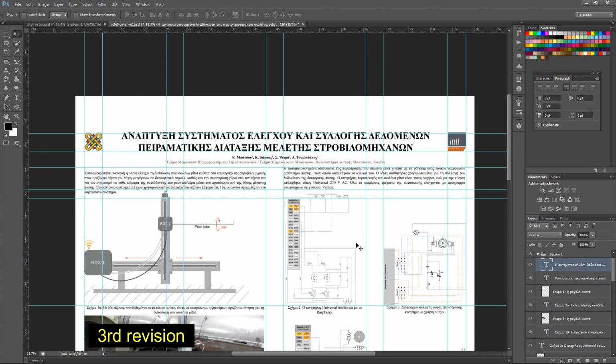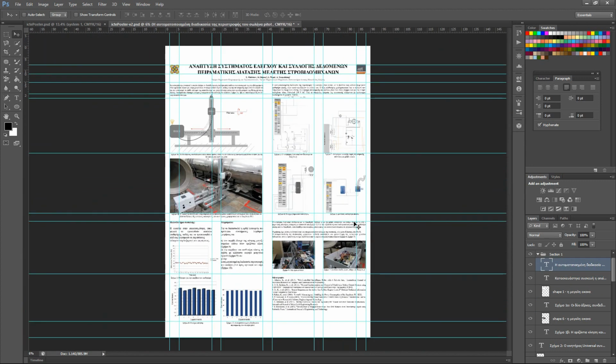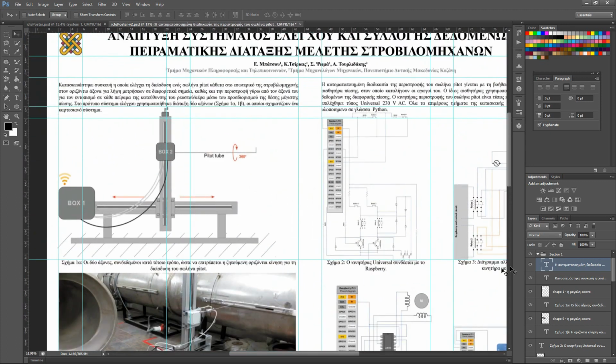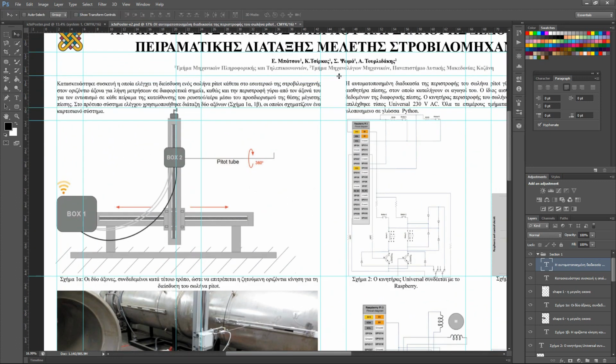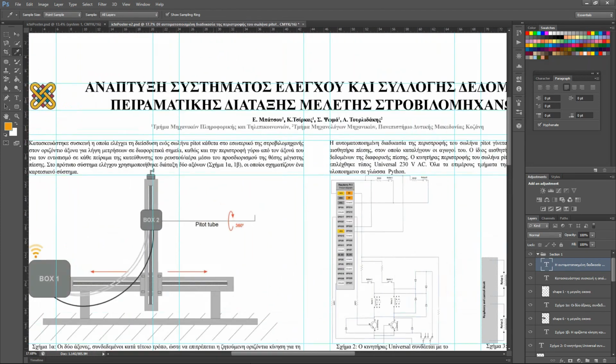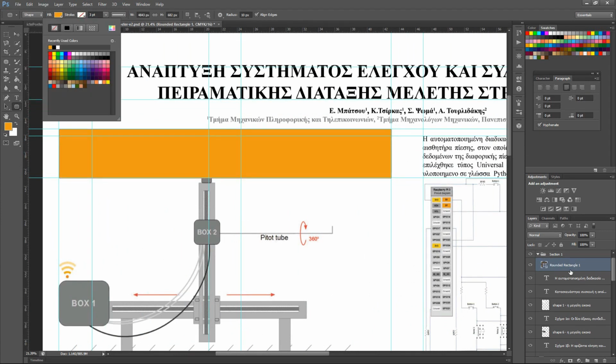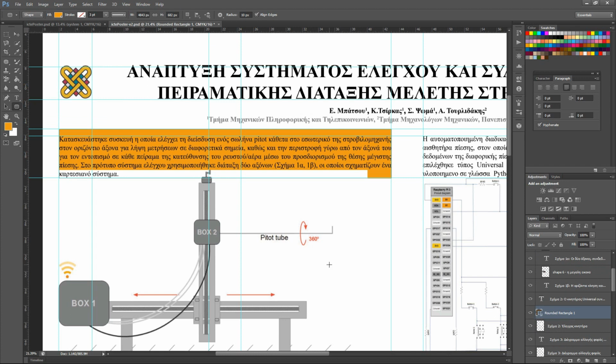Today I'm going to continue working with a Photoshop file that I started some days ago. We have some revisions to make and some changes have to be done. I'm going to change some text and then some padding, some distances. I think that with the images we are okay, but we are going to work with the text and adding